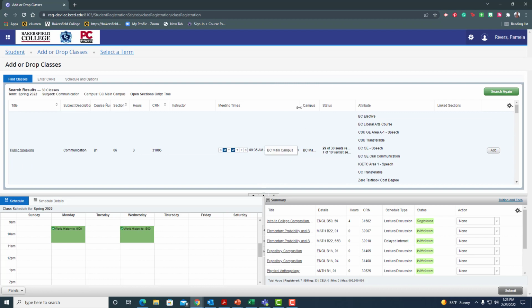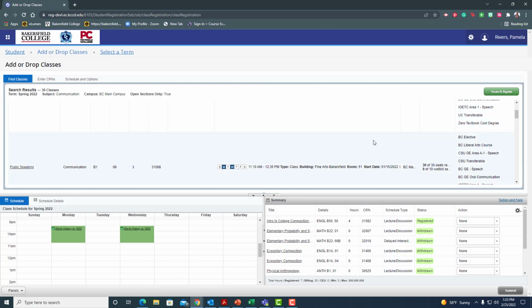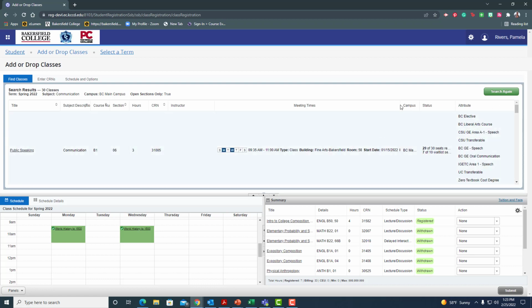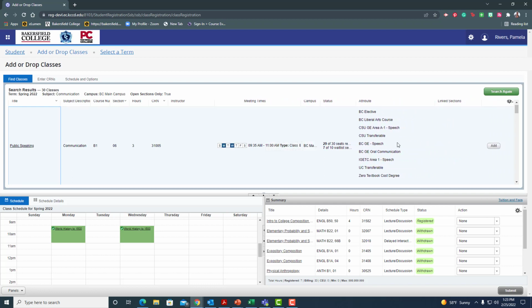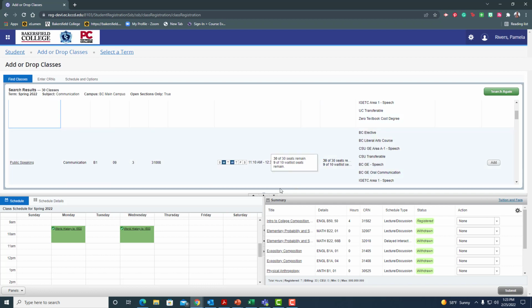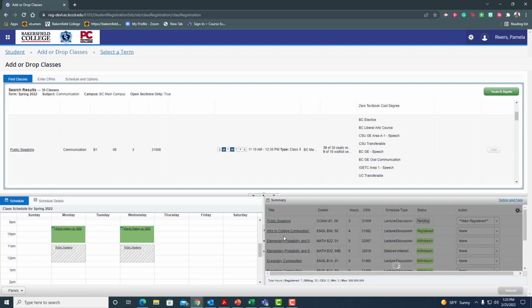I do want to check and make sure it's a full semester class. That's important. All right, full semester class, all right. And now I'm going to shrink this so I can see that add button. And here we go, the 11:10 to 12:35, let's add it. Let's see what happens. All right, so now it's right underneath that, like I had planned. It's in that gray and white. I remember now, that's pending. So I'm going to come over here. The status says pending, and I'm going to click submit.